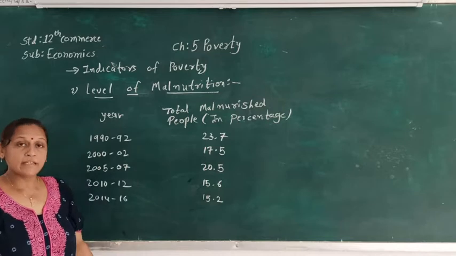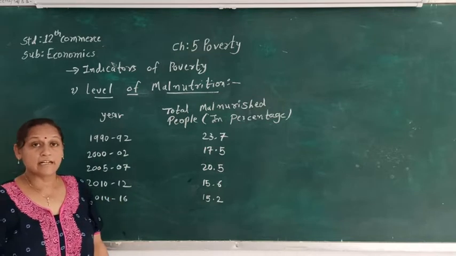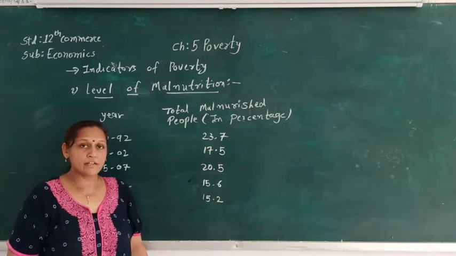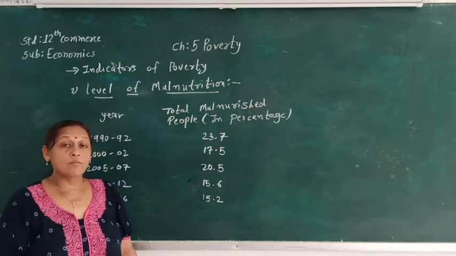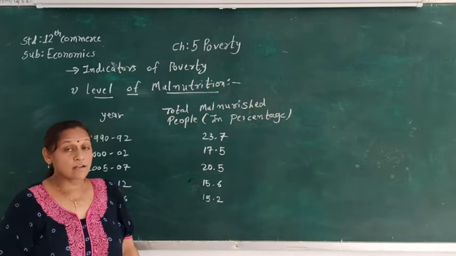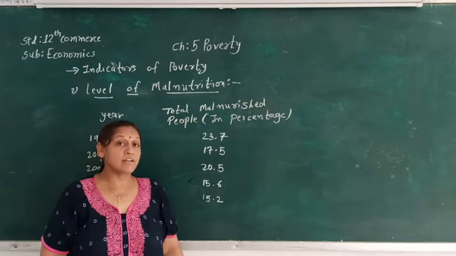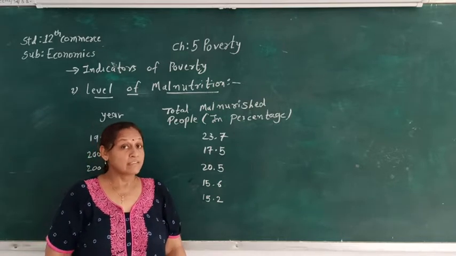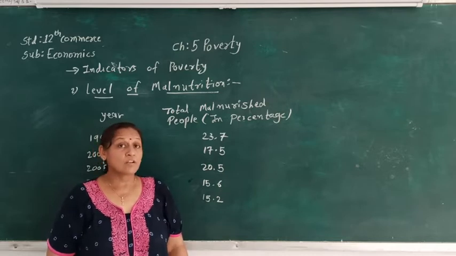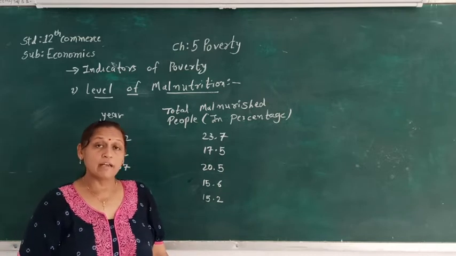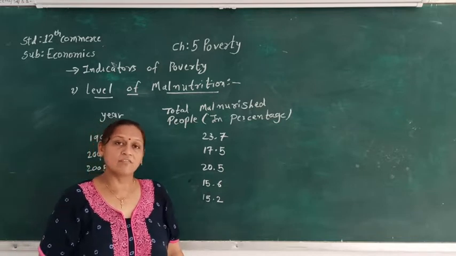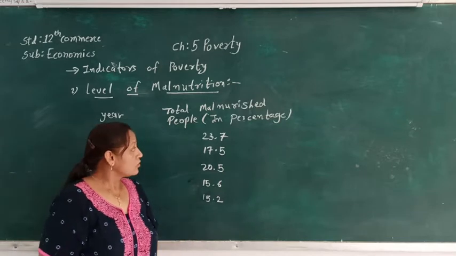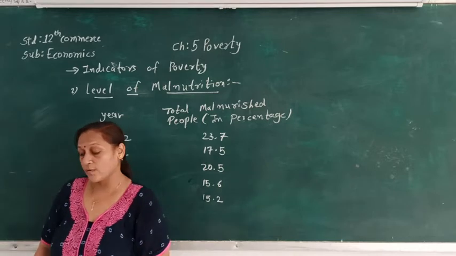15.2%. So from that we can see that there are people who were malnourished in India, and from that we can see that India is a poor country. So here again FAO has given its report in 2015 that India ranked second for malnourished people, and from that also we can see that poverty exists in our country. So you may note this down in your notebook.